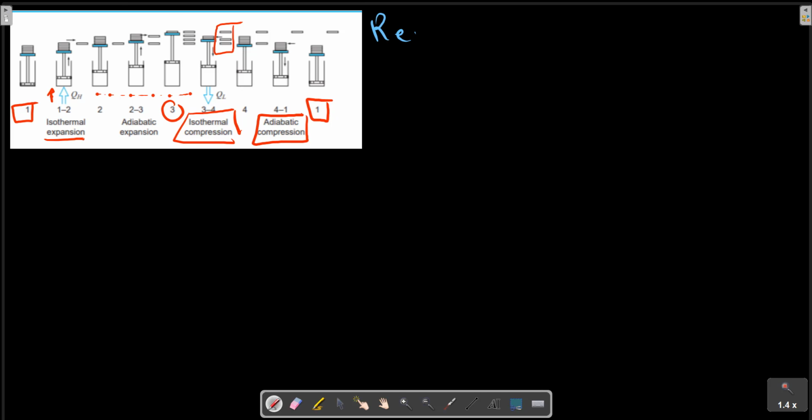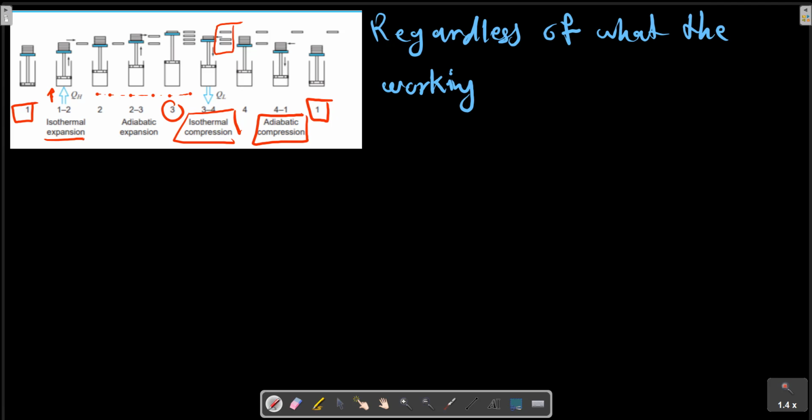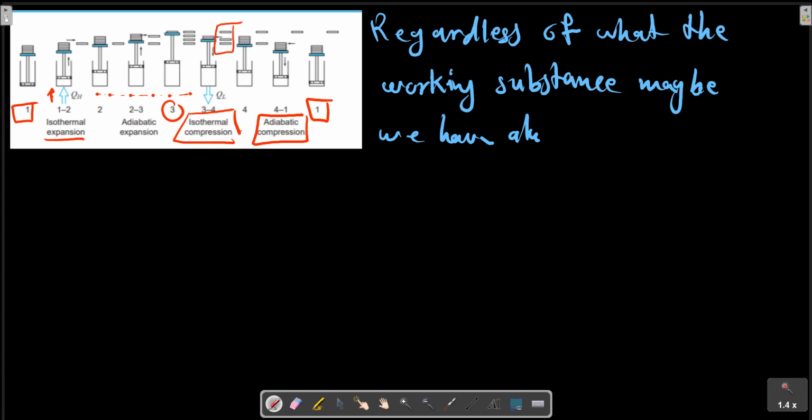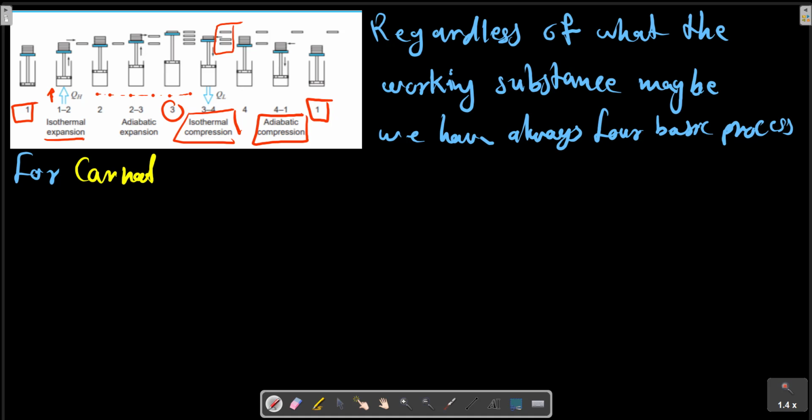So regardless of what the working substance may be, for the Carnot cycle we always have four basic processes. For the Carnot cycle, the first one,